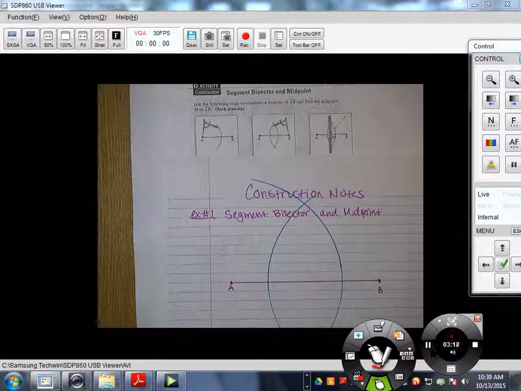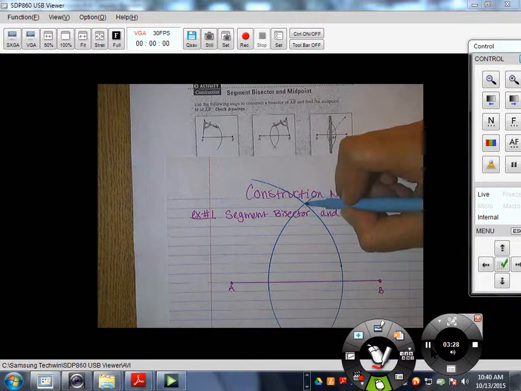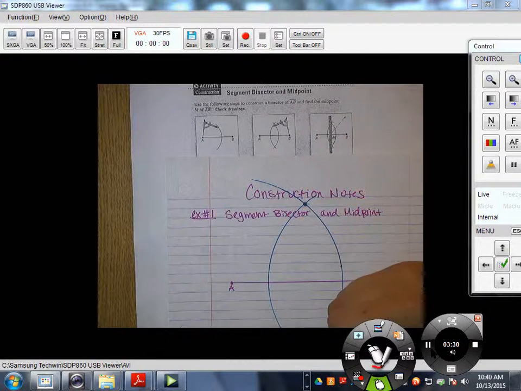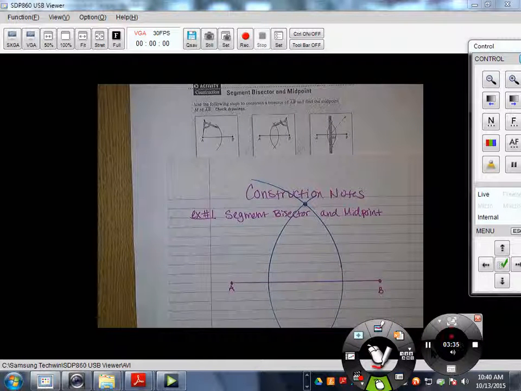And so what you've done is you've created two arcs, okay, that size did not change, one from point A and one from point B. Where these arcs intersect are now the points that we're going to use to guide us to make our bisector. So if I use those two points,